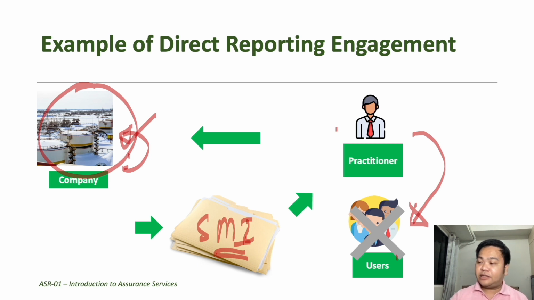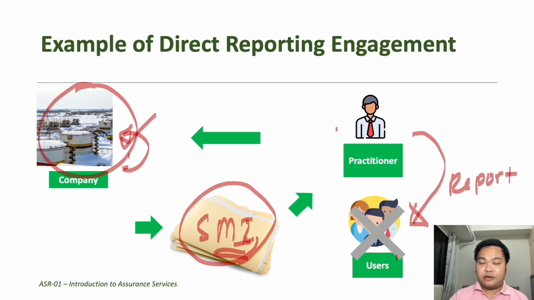So what will happen is that the practitioner will just include the subject matter information in its assurance report to the users, so that the users will be informed of the subject matter information or representation by the company via the assurance report to be issued by the practitioner. So they will not have access to that subject matter information directly. Therefore, under direct reporting engagement, it's still possible for the company to issue a representation, but it's not available to interested users. So that is an example of direct reporting engagement. Okay, so